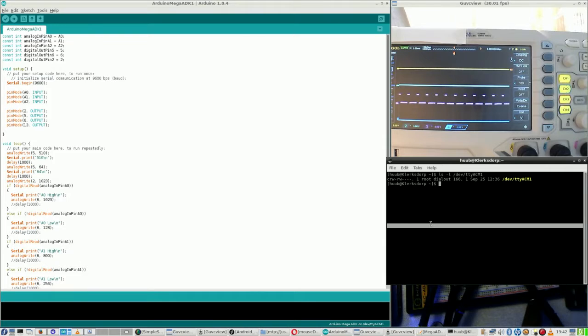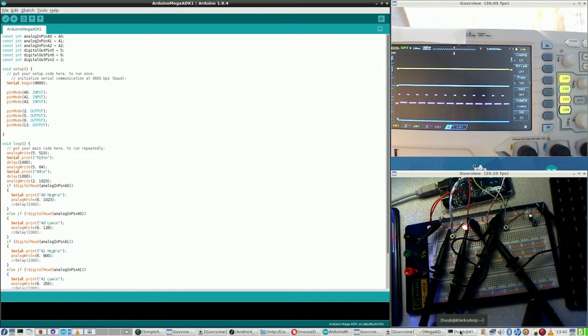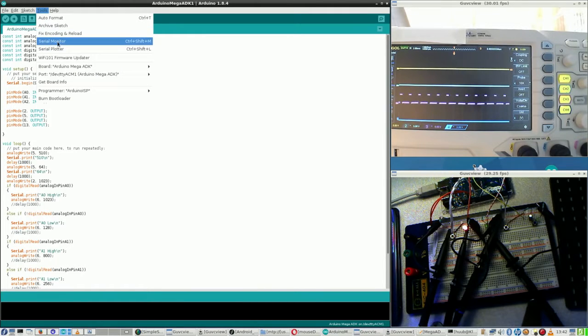Nope. Of course, my username, and then TTYACM1, password. Checking. Now I can do something with the serial monitor. So let's remove this one. Serial monitor,